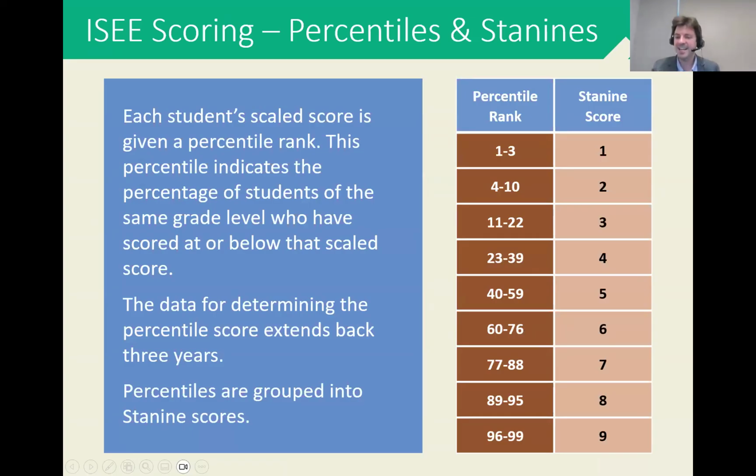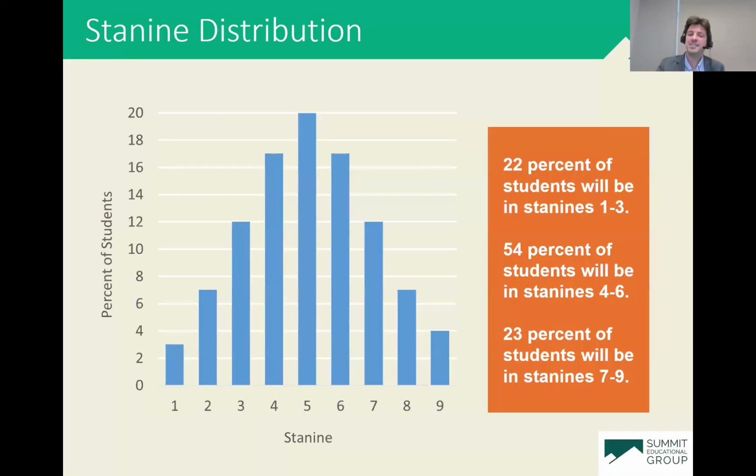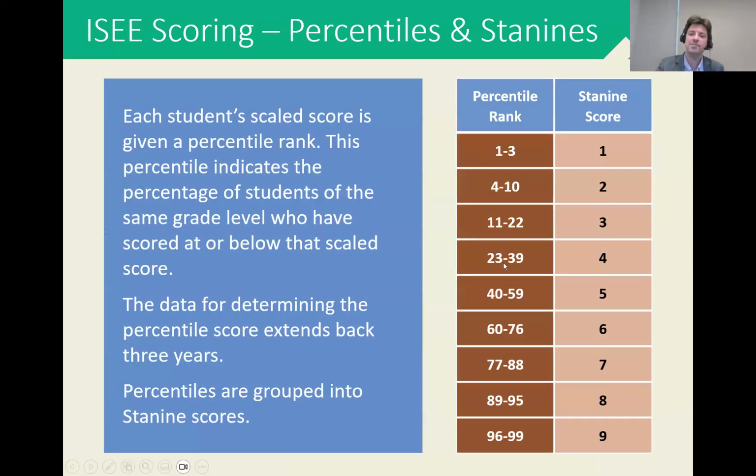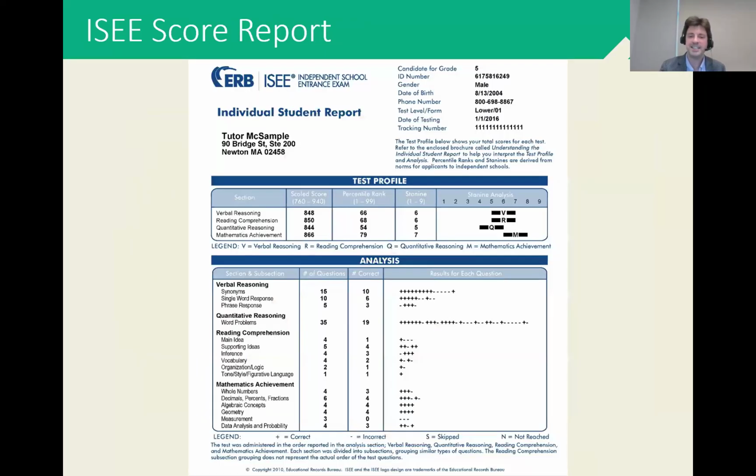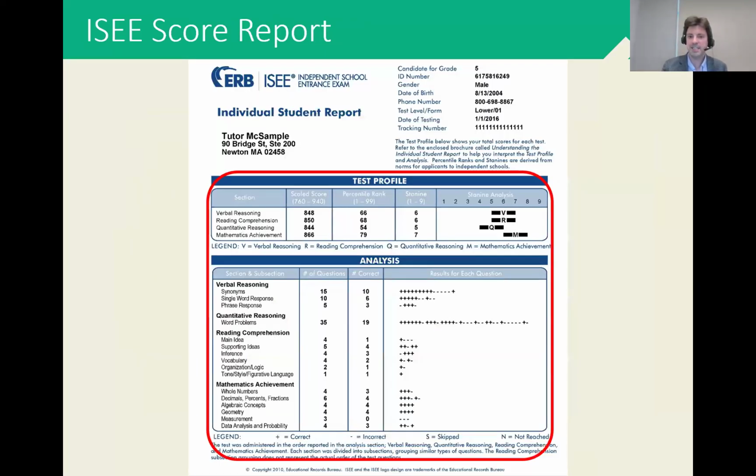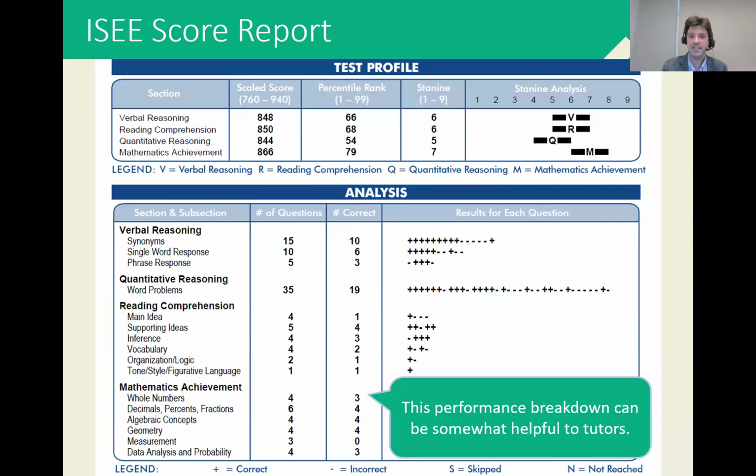And again, I give the ISEE credit for this. They're very upfront about that. But this is what I mean when I say very bright students, because of the nature of the test and the distribution of those scores, do get trapped in that middle of that bell curve because it's representing from the 23rd percentile to the 76th percentile. And again, admission folks totally get this and totally understand the limitations of the scoring of that ISEE.